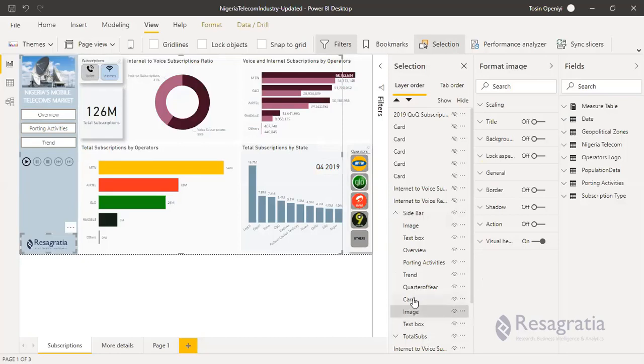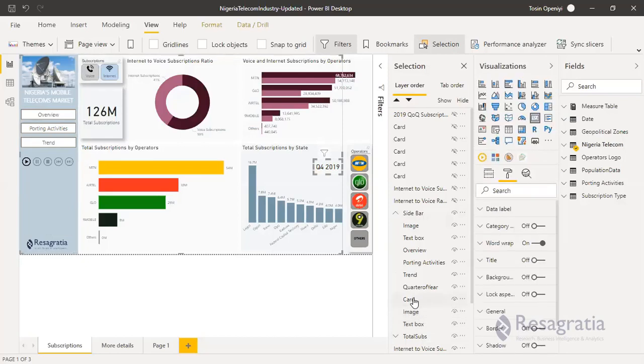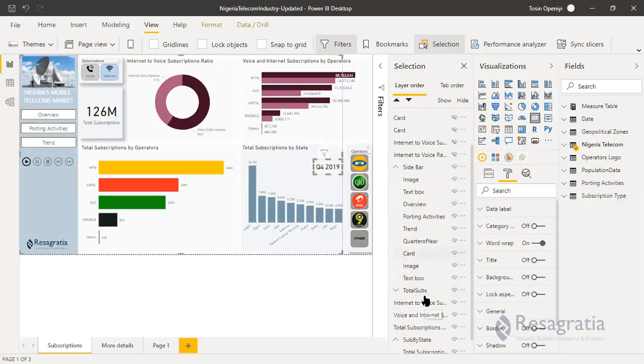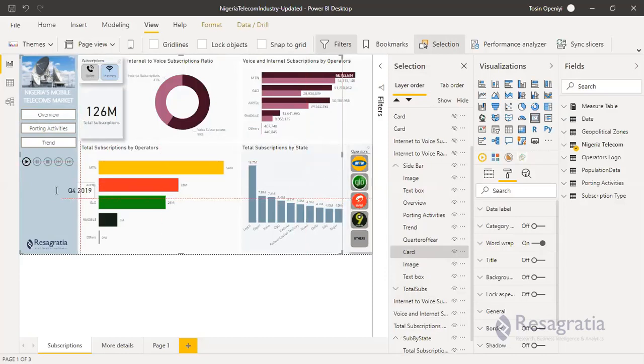Image, card. Just a minute, guys. This is a card now. Oh, sorry, I was supposed to also drag it from here.